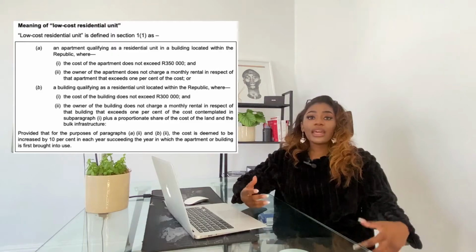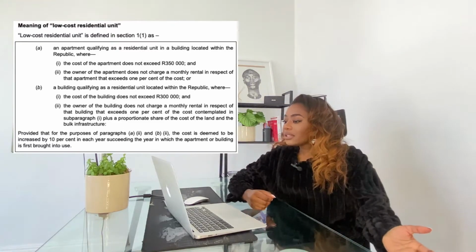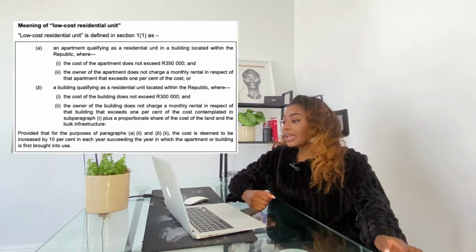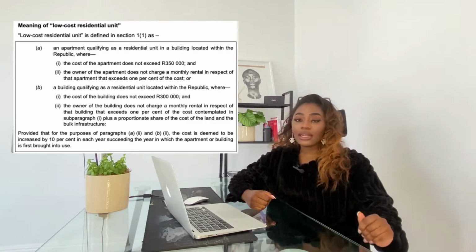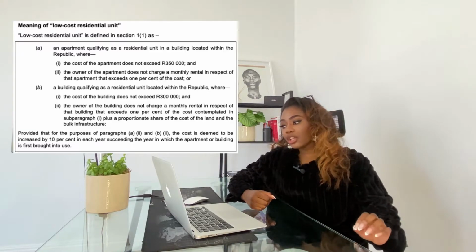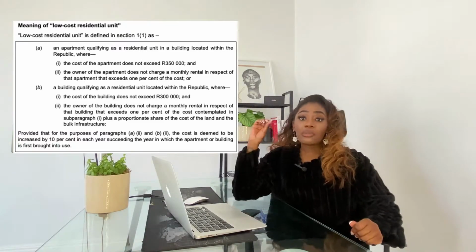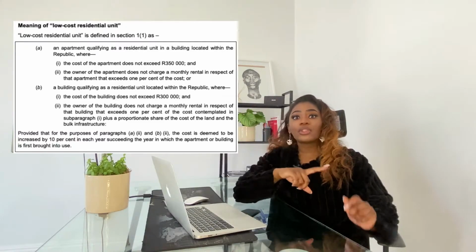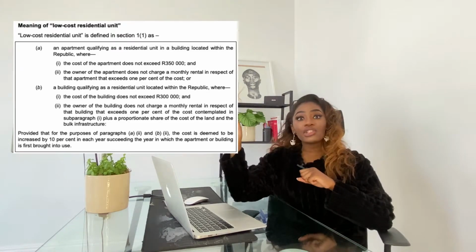Let's go. An example is given to us to define low-cost housing. An apartment qualifying as a residential unit in a building located within the Republic where the cost of the apartment does not exceed 350,000 Rand and the owner of the apartment does not charge a monthly rental in respect of that apartment that exceeds 1%. So an apartment means that the cost to build that singular unit did not exceed 350,000